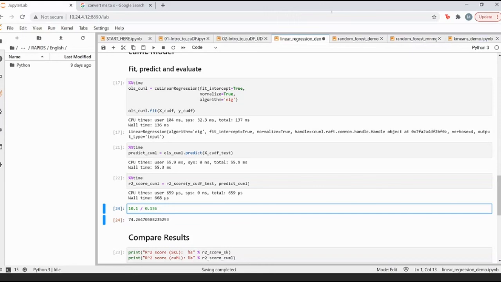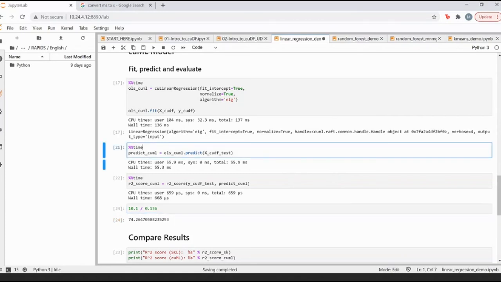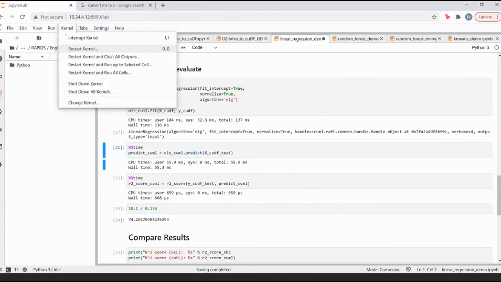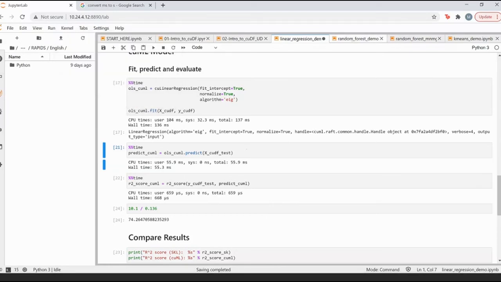Let me see if there are any questions. Does the argument need to be serialized, or does any serialization happen in the execution? I'm not really sure what that means. If somebody could reiterate that question. Okay, so apart from that, I don't see any questions on the chat window, so I think we are good. I'm going to reset the CUDA kernel. Now I'll move to random forest.